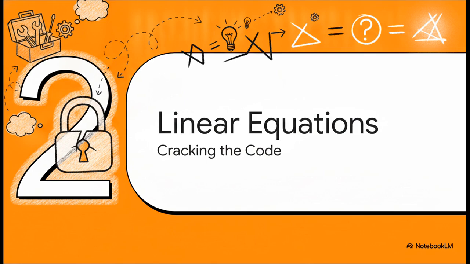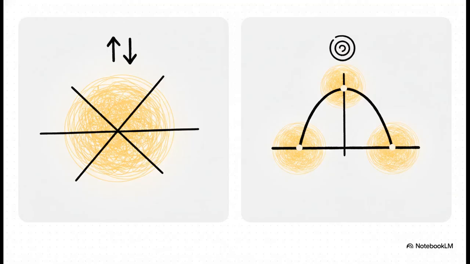Section 2, cracking linear equations. Now that we see the math out in the real world, let's crack open our toolkit. A linear equation has a degree of 1, meaning there are no squared variables. Geometrically, it represents a perfectly straight line. The absolute crucial takeaway here is understanding the difference between finding that one single point where two straight lines cross, which is what linear systems do, versus finding the roots of a curved parabola, which we're going to tackle later